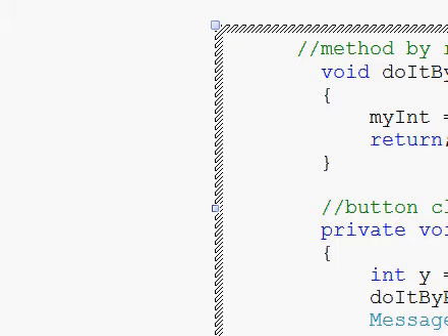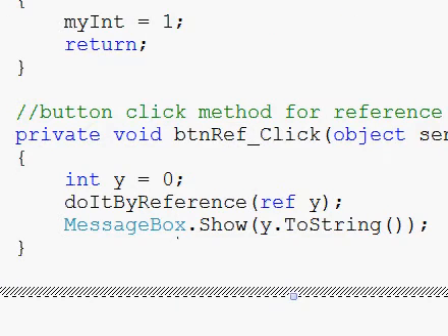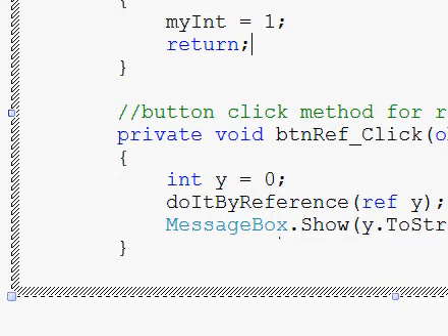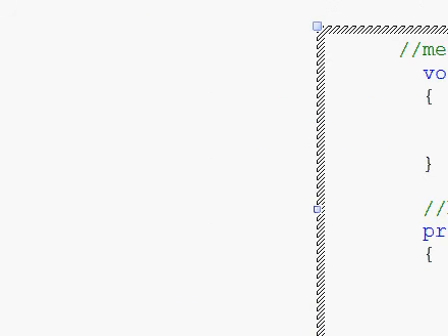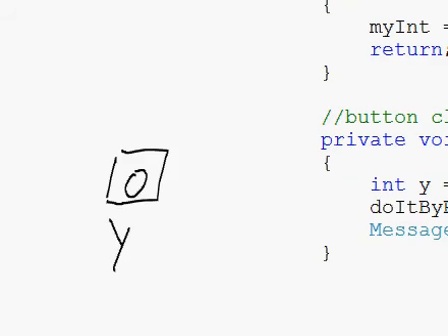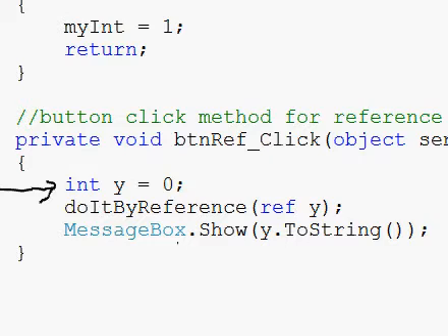So just to recap what's going on, when you click the button, the reference button, the flow of control jumps to the button click method. And the first thing that happens is an integer int gets declared. So what you end up with is a box y with the number 0 in it because of this line of code. Then the method do it by reference is called. So instead of taking a copy of what's inside y,